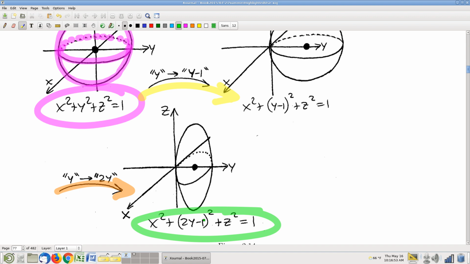First let's do it my way, and then I'll show you what you run into if you do it the wrong way. So I suggest that we first replace everywhere we have a y with y minus 1. As you can see, I've done that. Replace y with y minus 1. Having done that,